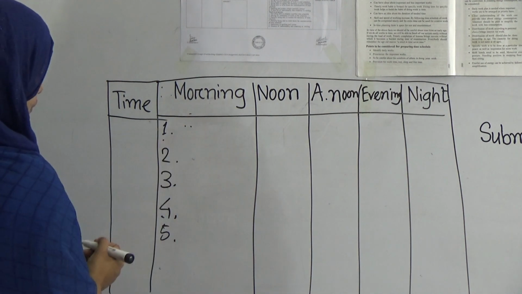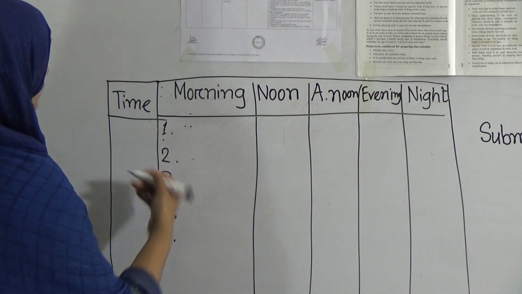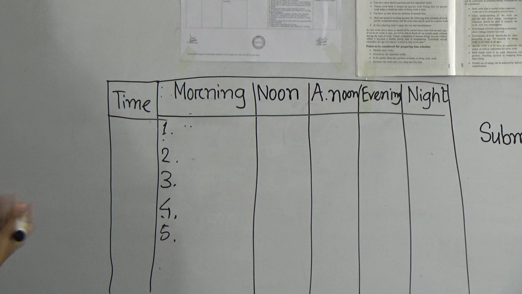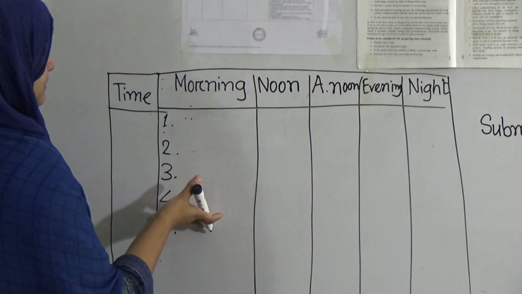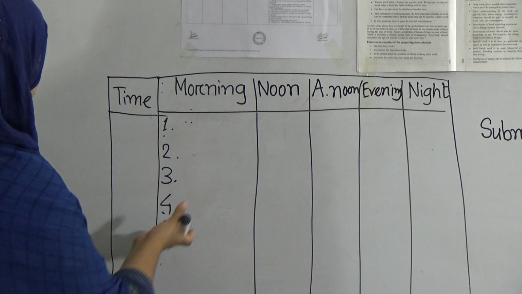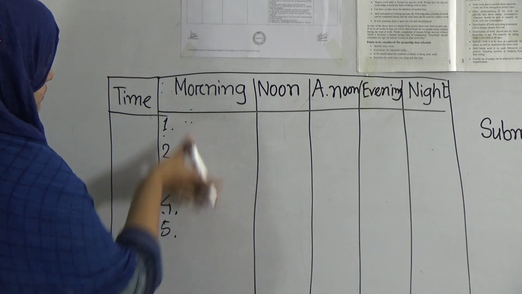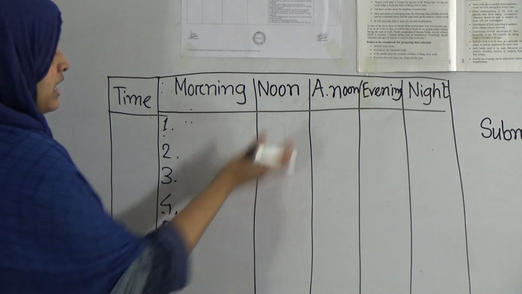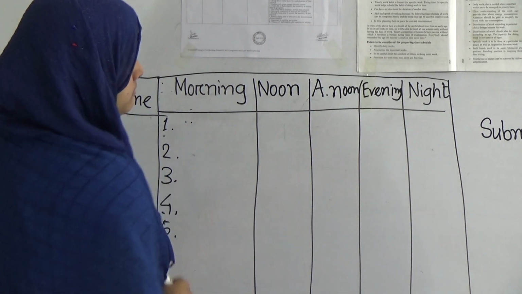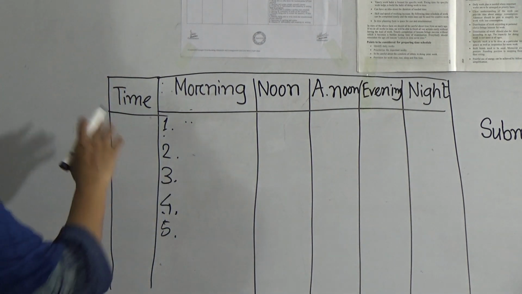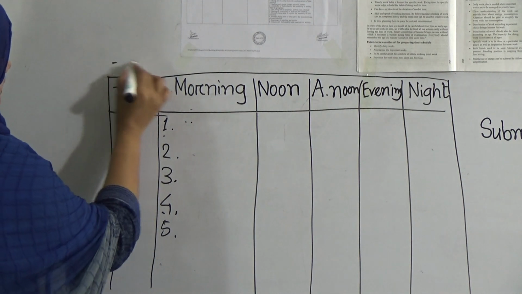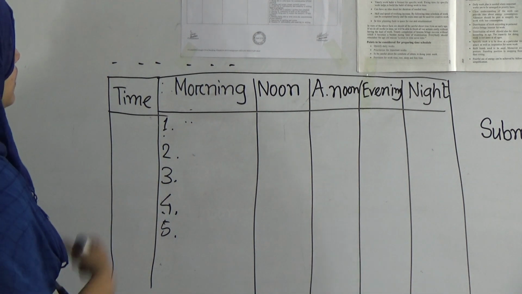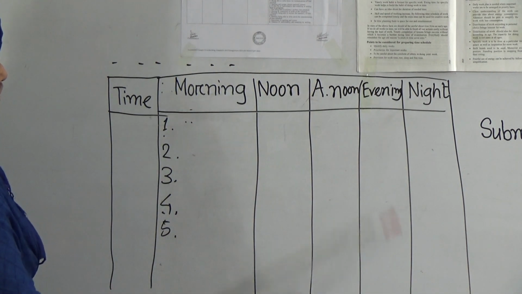You get up early in the morning, you take your breakfast, you prepare yourself for live class, you spend some time with your siblings, or if you are in a joint family, with your cousins. Then what do you do? You can write with time about morning activities like this. You can write about noon, afternoon, evening, and at last night. And while making this, you have to give some lines as introduction. You can write about COVID-19, that you are staying at home, what you do in this situation, and at last you can make this chart.